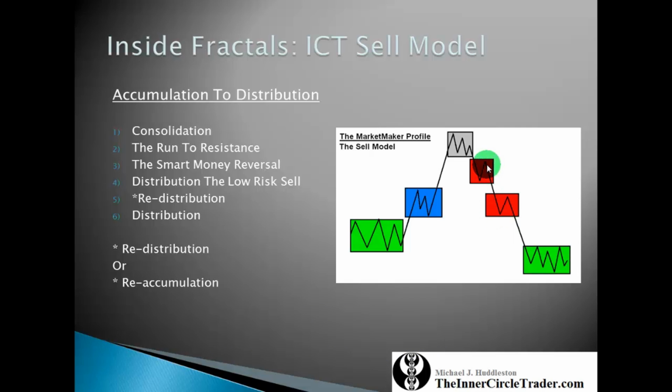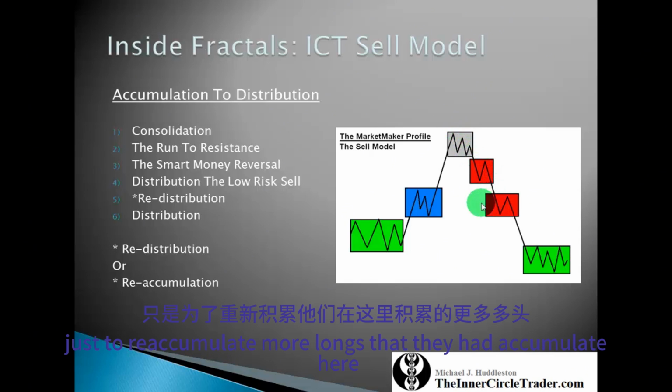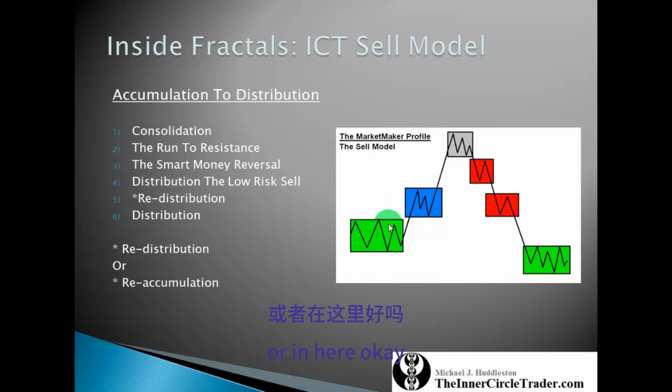and then they would get short. The next stage is either a redistribution, in other words, an increase of more selling orders or short orders, or like we had in the previous teaching about the ICT buy model, this stage here can be a reaccumulation point. In other words, this could be a retracement here just to reaccumulate more longs that they had accumulated here or in here. So in this area here, we could see the resumption of a longer term bull trend,